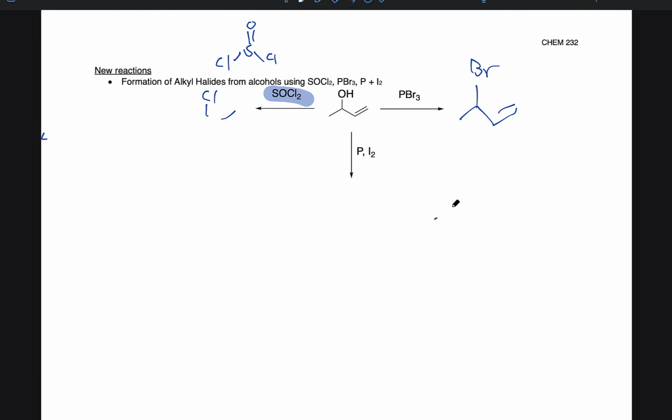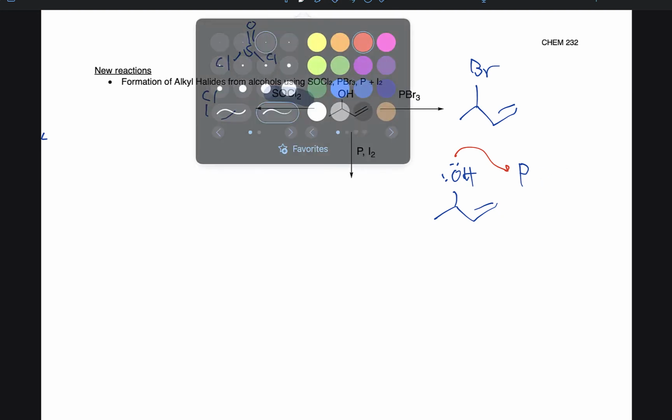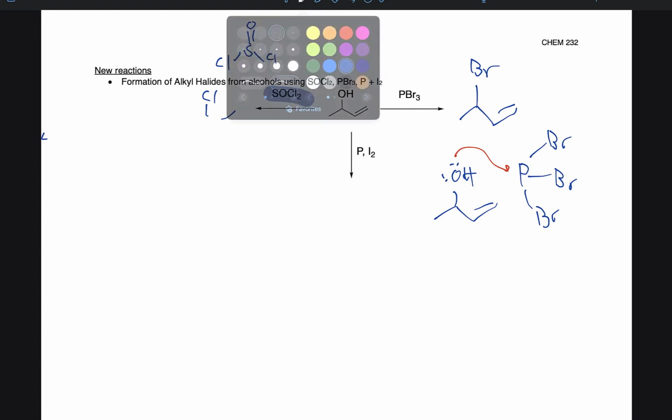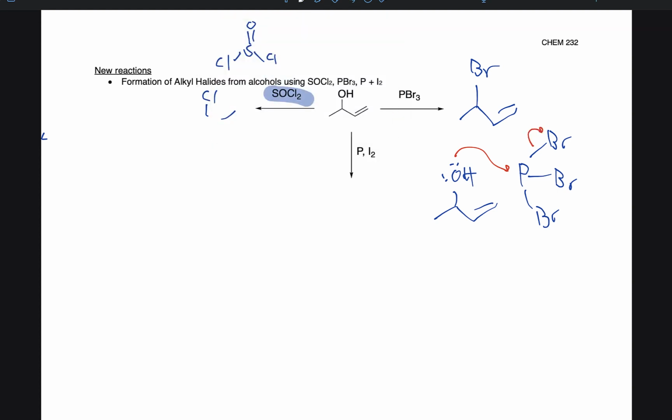So for the mechanism for this, what does this look like? So we have our OH again. This time we're attacking PBr3. So this OH is going to come in. I'll do this in red to make things apparent. Attacking the phosphorus. And so what happens here, and I'll actually draw all these bonds, is we have one of these bromines leaving, actually on its own, or after getting attacked. So the end result for this, Br leaves,